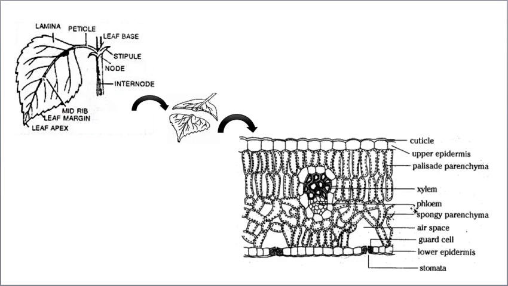Palisade and spongy parenchyma participate in photosynthesis, and this photosynthetic tissue present between the upper and lower epidermis of the leaf is called mesophyll tissue. Hope you understood what mesophyll tissue is. Mesophyll tissue means the photosynthetic tissue present within the leaf. In dicots, mesophyll tissue is differentiated into palisade and spongy, whereas in monocots it is not differentiated into palisade and spongy; only spongy parenchyma is present in monocots.